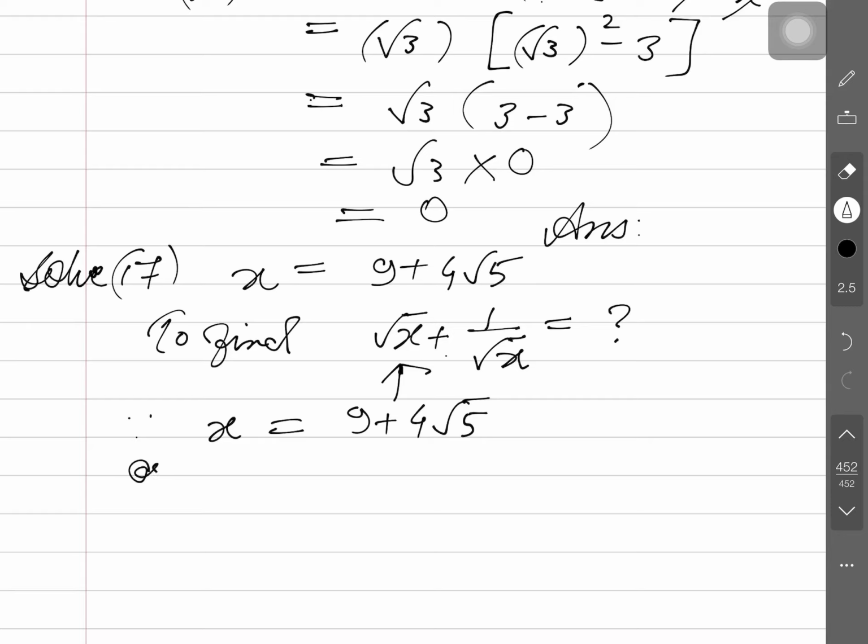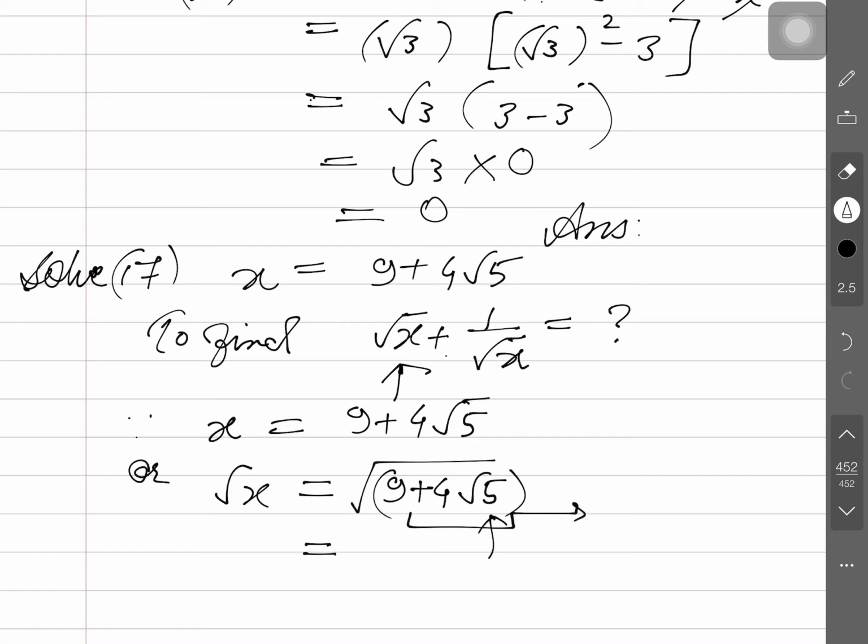So, our general method, sir, we have to take the root over either side? No. What is convenient in using by you? Look here, the two difficult expressions are here. One is the irrationality due to 5, and the second is that it is under root. So, quite difficult it is. So, this expression is to be brought out of the root.